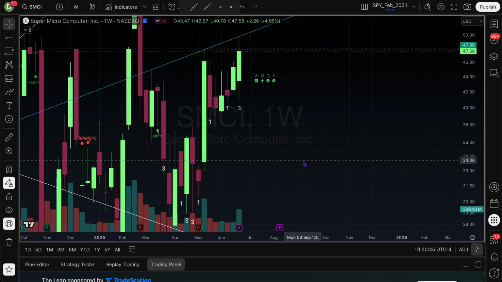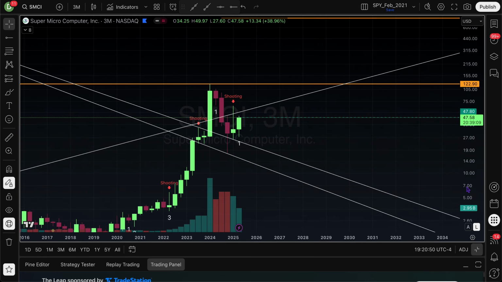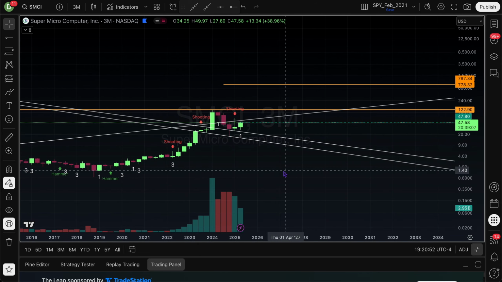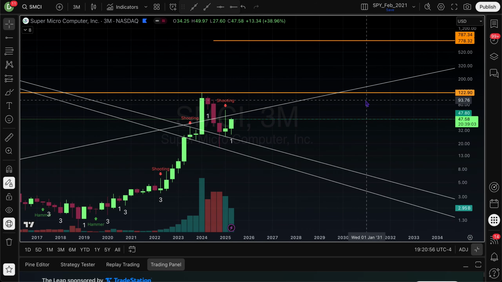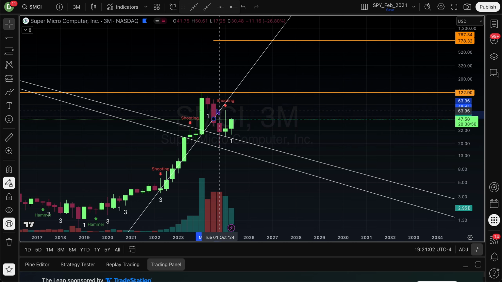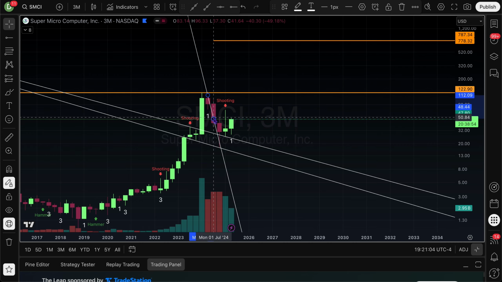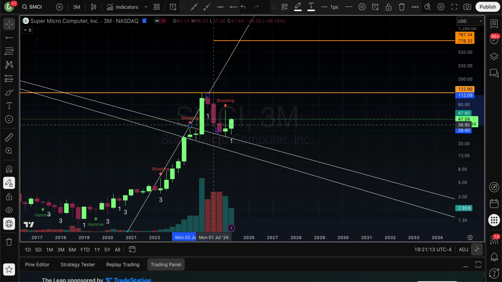And again, right, this works on any time frame. This is the quarterly. So I was just looking at how long SMCI has been around. So you have your lower lows here. Your higher highs would be from here to like here, right? Because it'd be from here to here. So expanded the range, came back in, boom, boom.